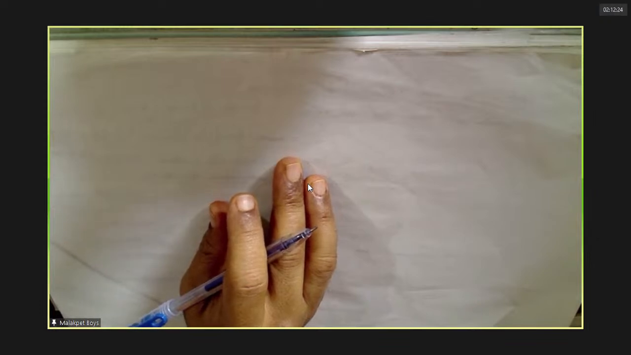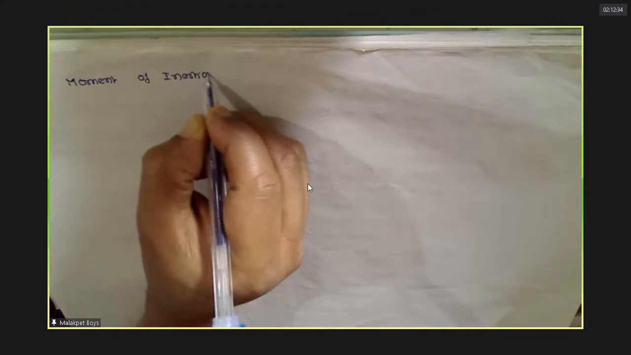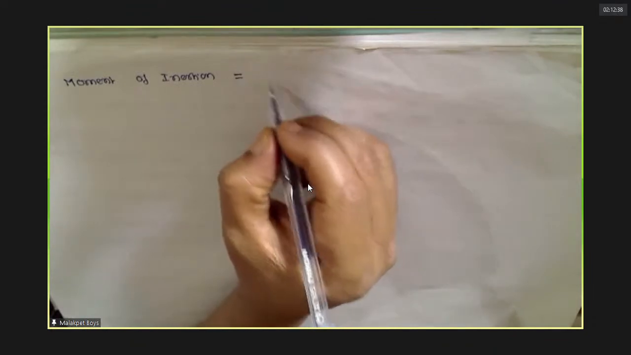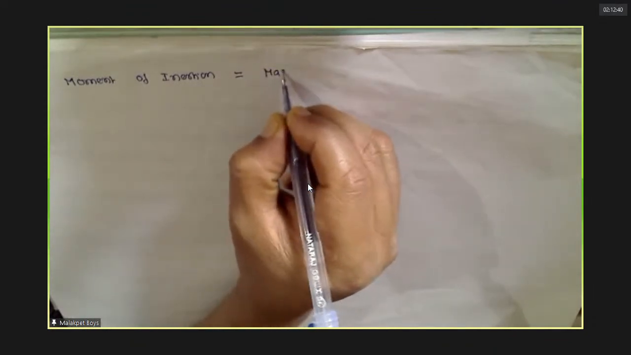See, you have something called moment of inertia. What is that? You don't know. Okay. However, we'll come across it in rigid body dynamics. Moment of inertia is simply the product of the mass of the body